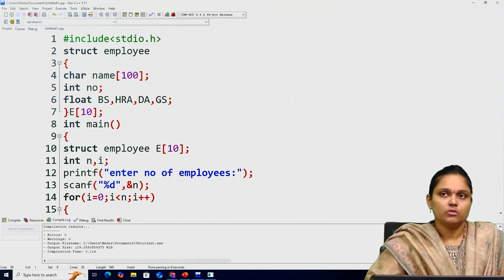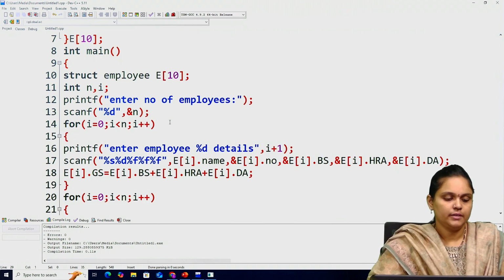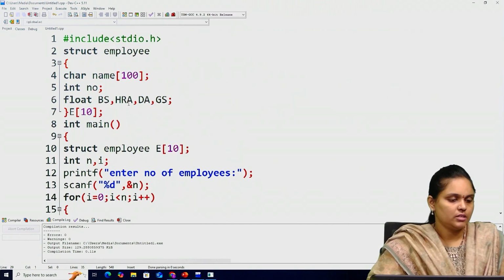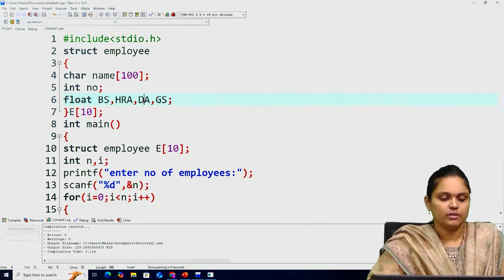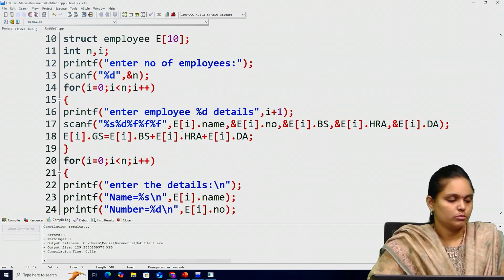So this is the program that we have shown in that slide. If you run it, see here, struct employee. These are nothing but the members of that particular structure, and we are reading all these 3 values, and finally we are finding the gross salary of that employee. So if you run it,